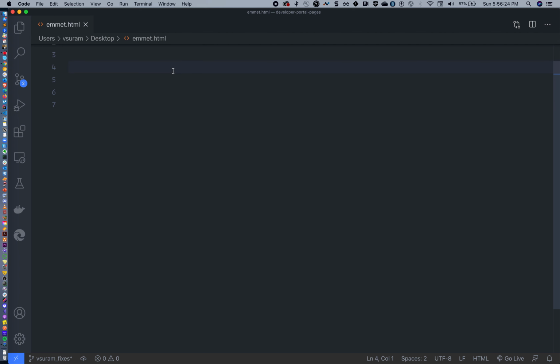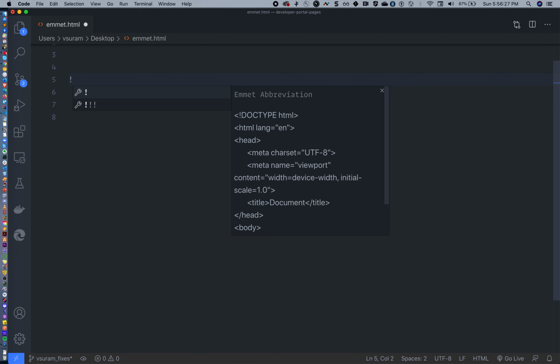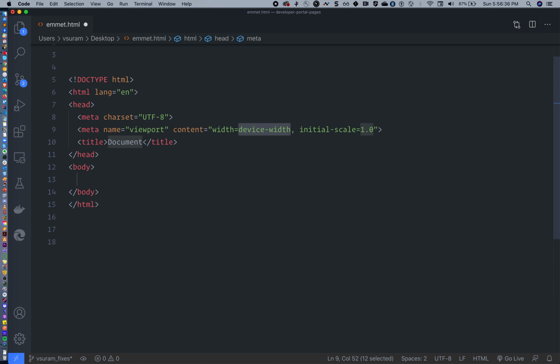So the first thing I want to explain is about the exclamation. Basically this will generate a basic template of your HTML file. As you can see, when I hit tab, it will populate my file with some basic template like the doc type, the HTML head, some metadata, and I can start hitting tab, then I can directly go to the content and modify it accordingly. This is a very useful shortcut when you are just starting out because you will use it only one time. Okay, let me clear this off.